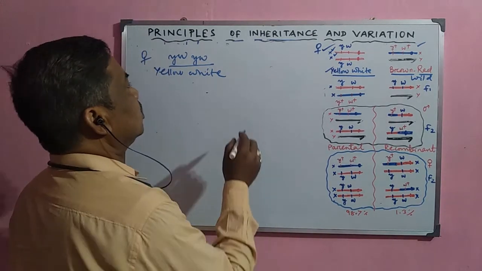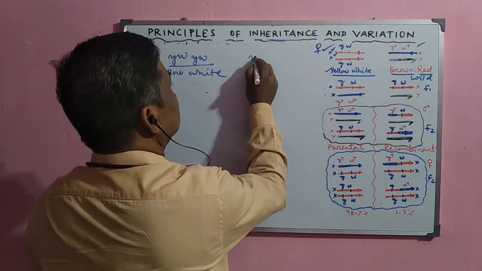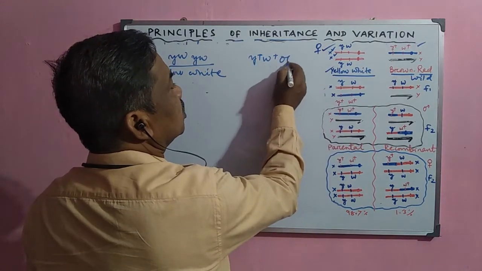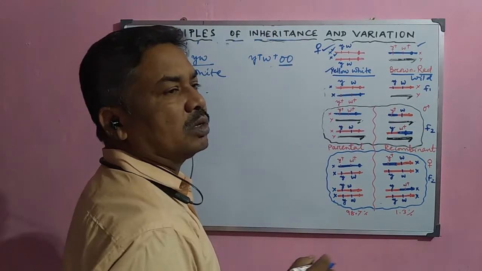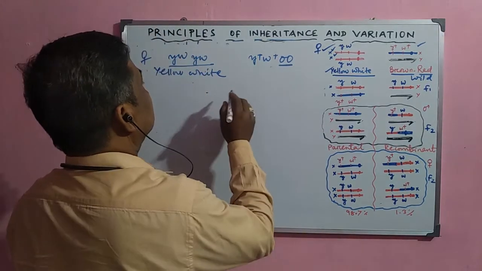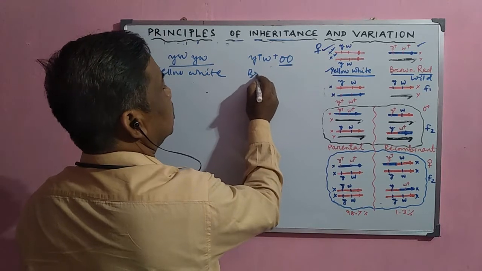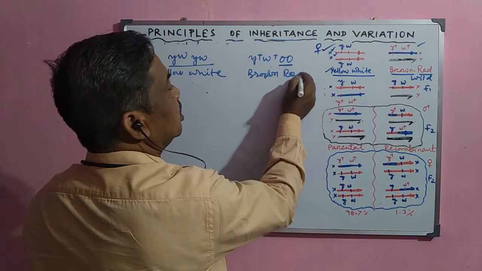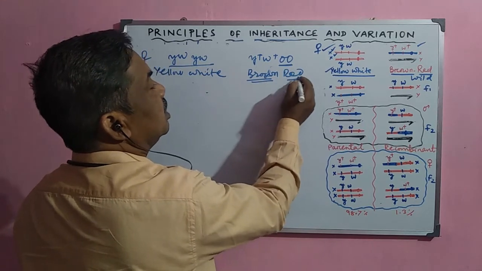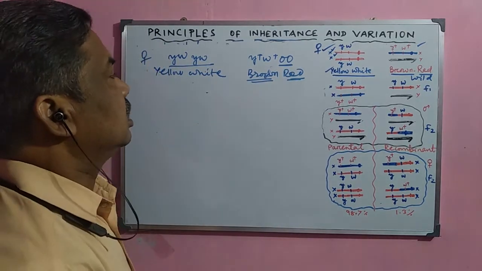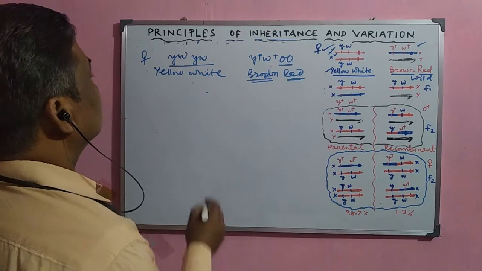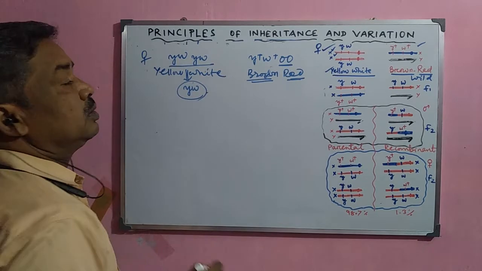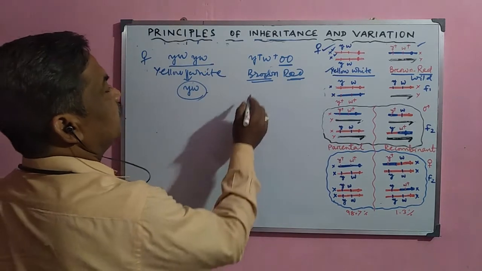When this female is crossed with the Y plus W plus male, in the Y chromosome there is no gene, so it is brown and red, with brown body color and red eye color. When they cross together, you will observe only the YW genotype in the female, and two types of